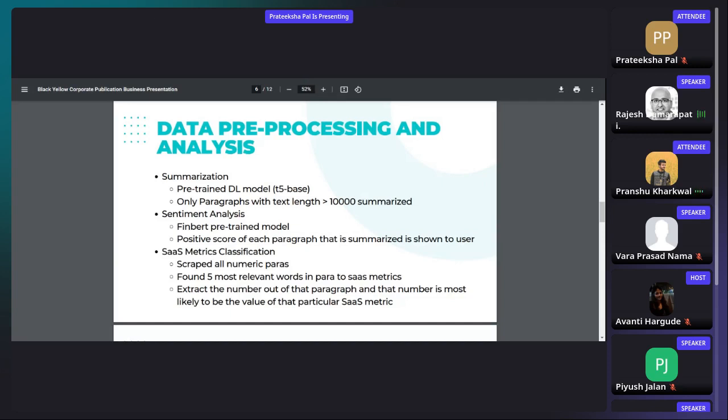Yeah, and we tried it. Sorry, what part didn't work? Like, where did it fail, whatever you were trying to achieve, extracting the numbers? We extracted the paragraphs which contained the numbers, then we ran those models which gave the most prominent words present in a paragraph. But the part that failed was that